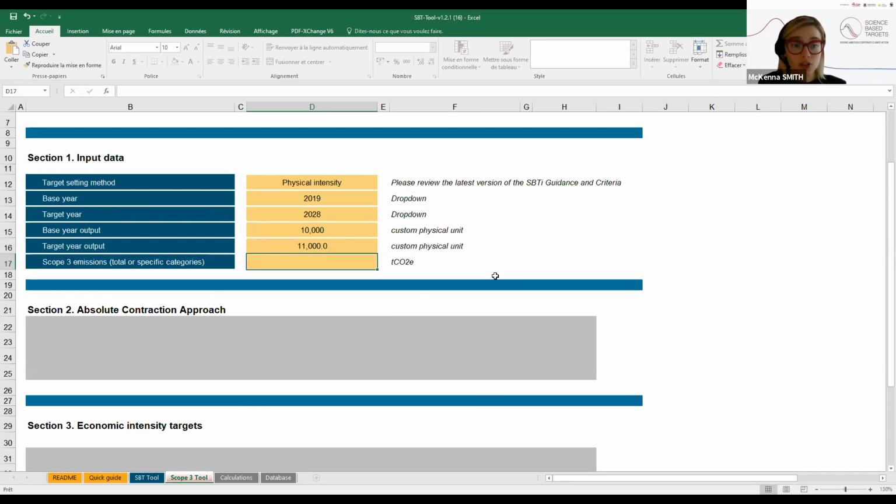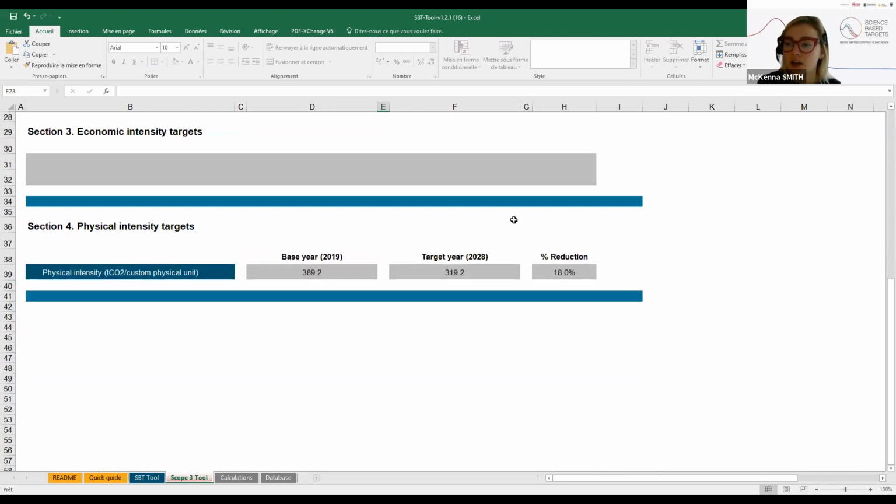And let's say for those scope 3 emissions, we're going to say my total scope 3 emissions, right? Because I'm a dairy producer, the tons of cow milk is appropriate for my whole scope 3 emissions, categories 1 to 15. So let's say my total emissions here are quite big, 3.8 million tons of CO2. I scroll down here, and it gives me my physical intensity from my tons of CO2 against my custom physical unit that I've already input, right? And this is an 18% reduction that I would have to have in order to be in line with the